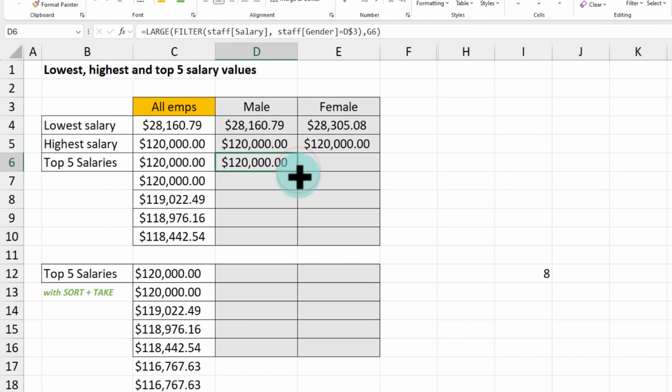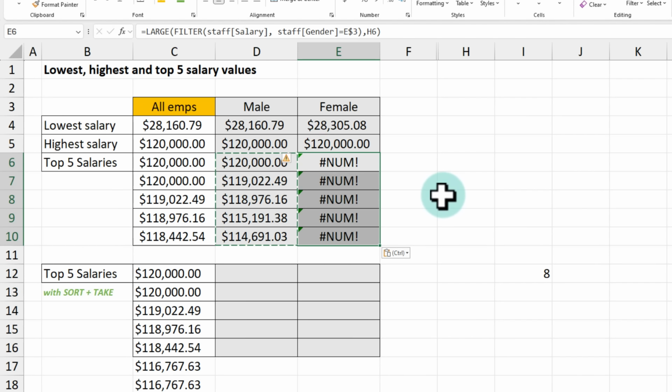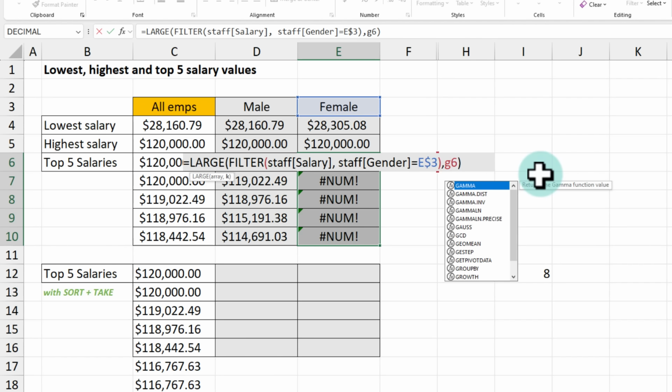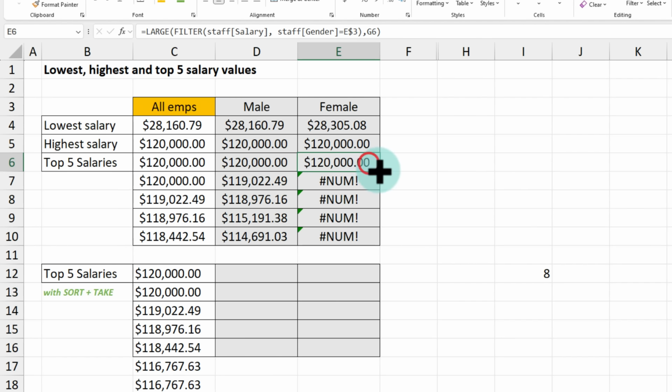And when I drag this down, I'll get all the 5 salaries of top 5 male employees. And I can copy this and paste it here, and we get an error. This is because the G has become H. So I'm going to change this reference again and fill this down,